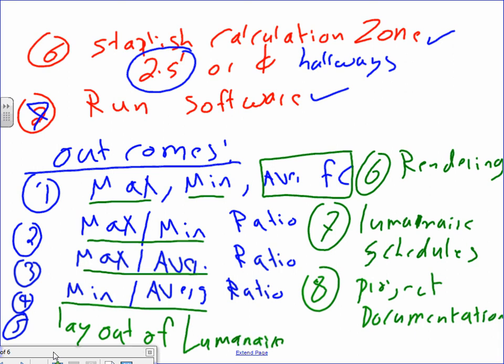Here's what we're going to do, step by step. We're establishing the calculation zone, 2.5 everywhere, except on hallways and very limited places. We put the height of the calculation zone as 0. Then, Karen, the last step you're going to do is hit run calculation. Run the software,